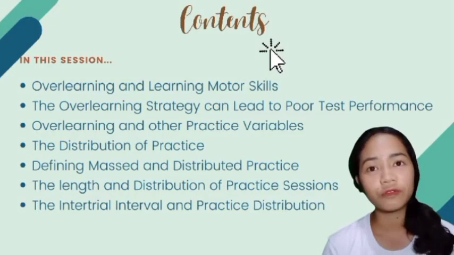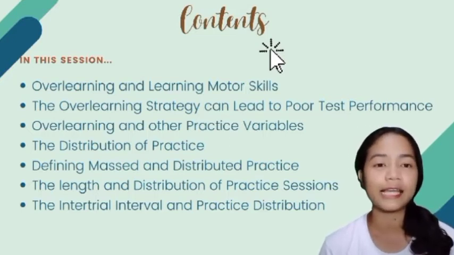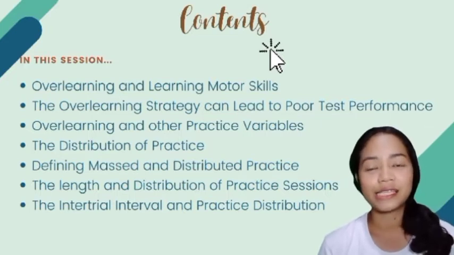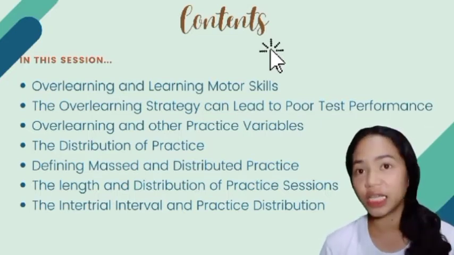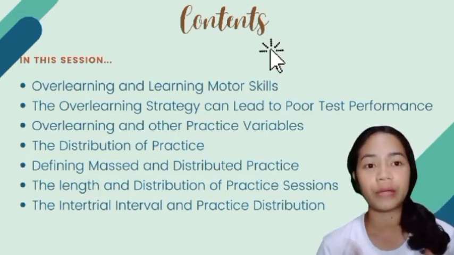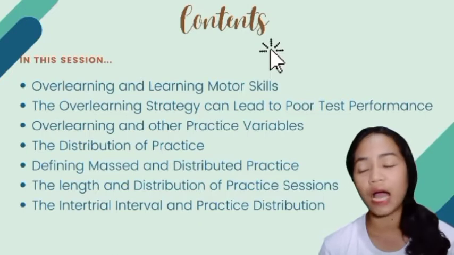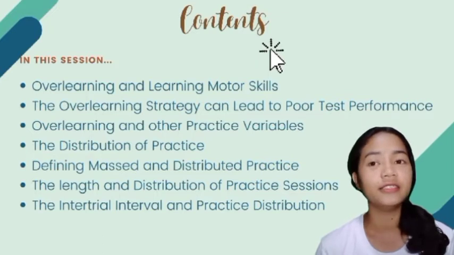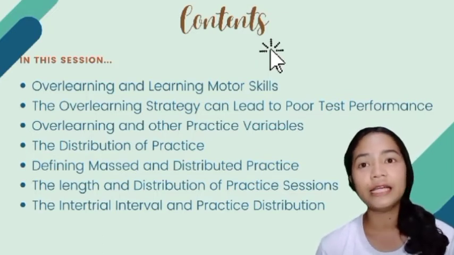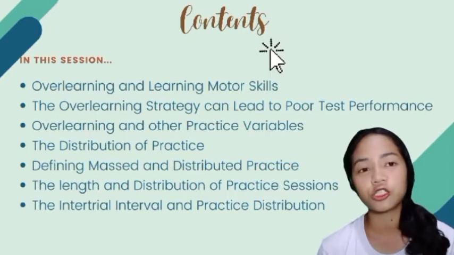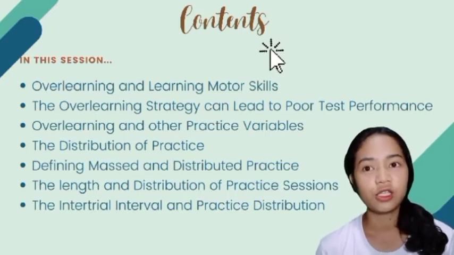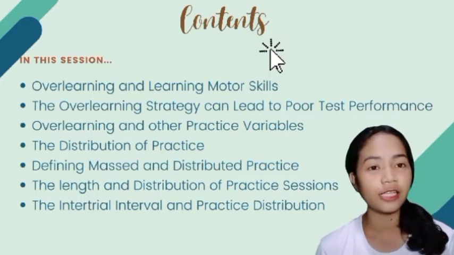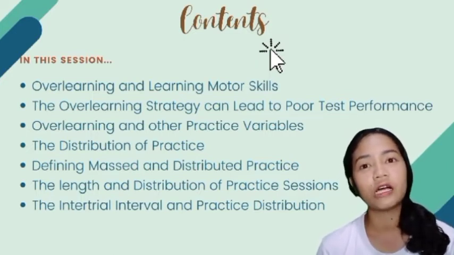Describe how an overlearning practice strategy influences the learning of procedural skills and dynamic balance skills. Discuss the relationship between overlearning and other practice variables. And describe how the concept of practice distribution is related to the intertrial interval and to the length and distribution of practice sessions. We also will discuss the evidence supporting the benefit for distributed practice of the distribution of